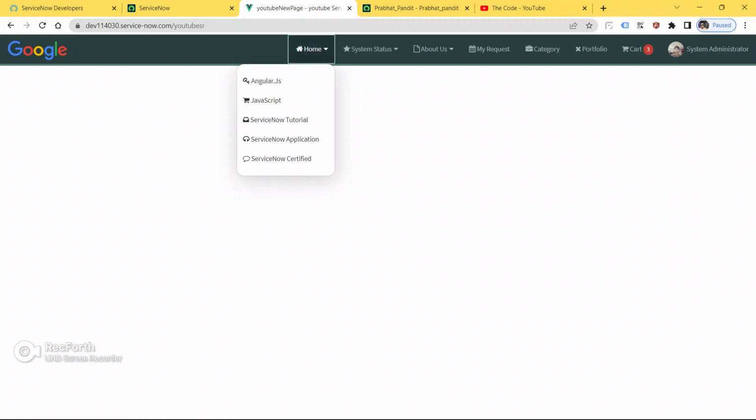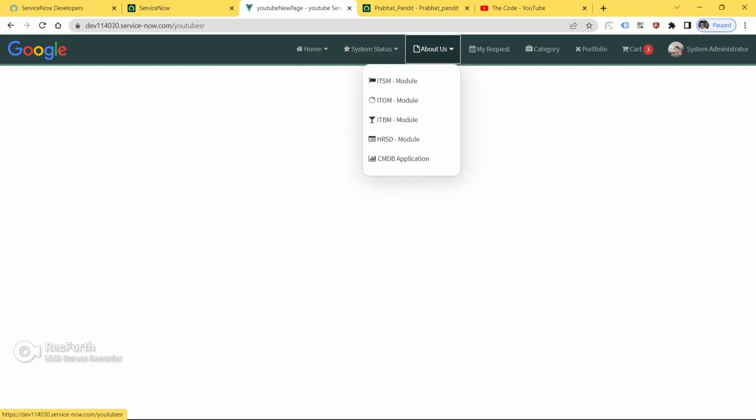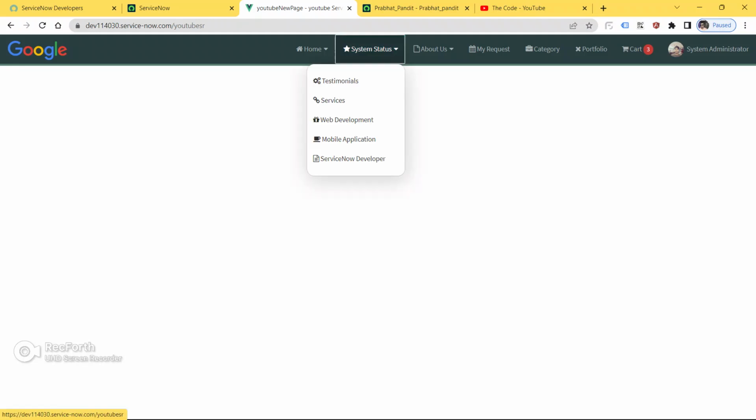Okay, so as you can see, guys, this is our ServiceNow service portal page we are developing in this video throughout this session. Let me just refresh the page. Whenever I click on this navigation bar, you will be able to see some kind of white border. I don't like this, and as of now you will also be able to see this border bottom. So in this video we will remove this